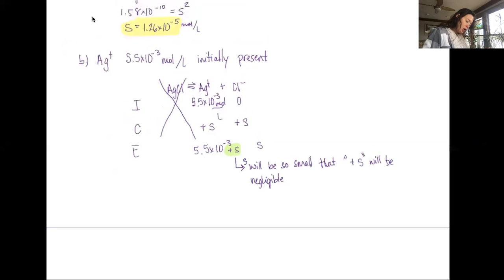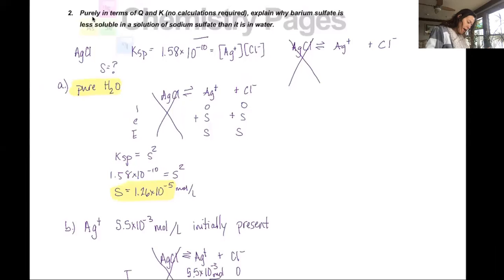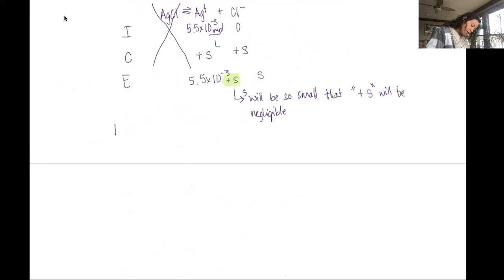Okay, and I know that because, go up here, I have a KSP that goes to the negative 10. I believe anything lower than a negative 5 is considered negligible. So a negative 10 is considered negligible. Negative 5 and below, negligible. Okay, so what that means is that my KSP, which is equal to the silver concentration,